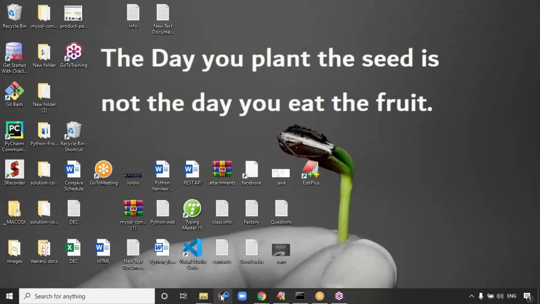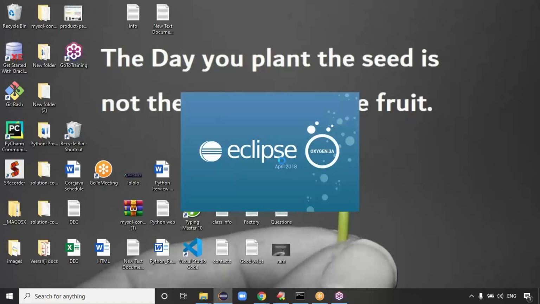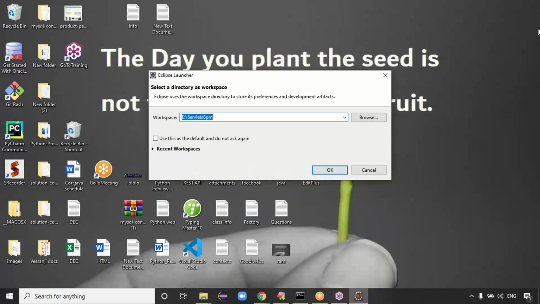I hope everyone knows how to download Eclipse IDE and how to work with it, right? Or do you want me to discuss the points? When you first open Eclipse, it asks for the workspace location. If you are facing any installation issues with Eclipse IDE, on Monday I will tell you the installation process.